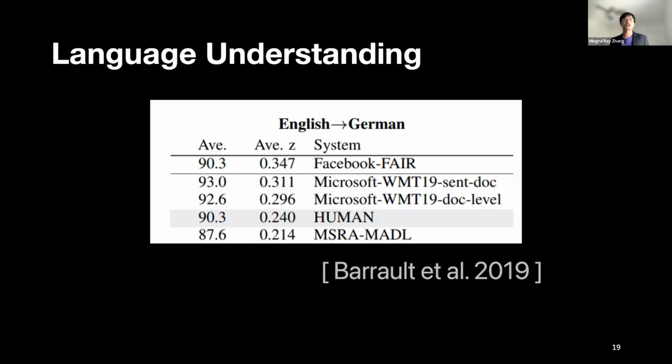This table shows the machine translation performance from English to German, and we can see that some of the models even surpass the human performance. So what we need is to find a proper way of utilizing the power of those models and to build intelligent